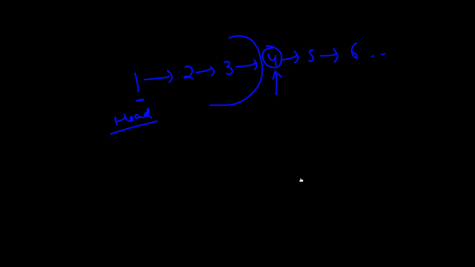Now how do you solve this particular problem is the main question. Okay, so what we expect after the deletion of this node is that we should have a linked list which looks something like this. Of course, this needs to be deleted. So we should have 5 and then 6 and so on, whatever you have next in the linked list. So this is what we want to obtain.